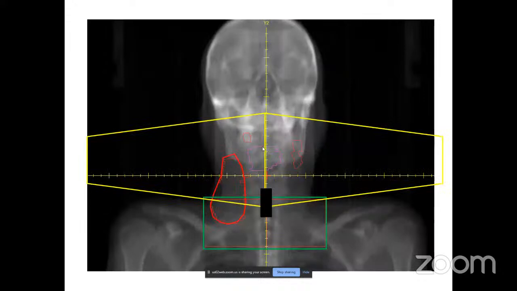But in our patient, that oropharyngeal case, we have to be very careful. For this patient, who had a large lymph node involving levels 2, 3, and 4 like this, we usually always try to avoid any kind of junction over any gross disease, to avoid any kind of low dose region over the gross disease. So whenever you are considering this anterior portal, you have to be very careful. If there is gross disease, it's better to avoid any kind of cold spot over there. You may allow some form of hot spot at this junction.